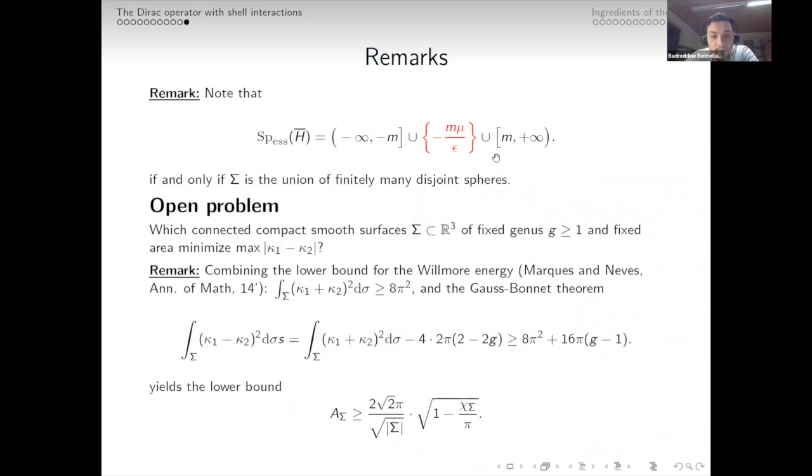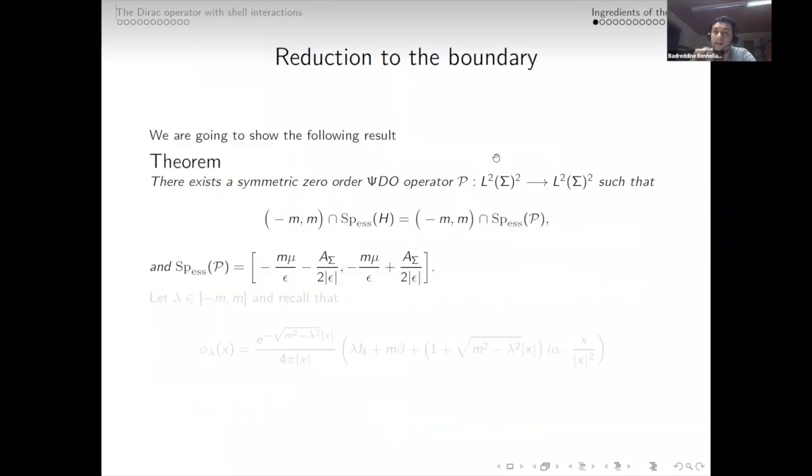So I can continue. All right, let's start the proof. In fact, we show a better result somehow. We show the following: there exists a symmetric zero-order pseudo-differential operator such that we have this equality. This is kind of the Birman-Schwinger principle. Sorry, here it should be the closure. So our operator acts on the whole space, and this operator